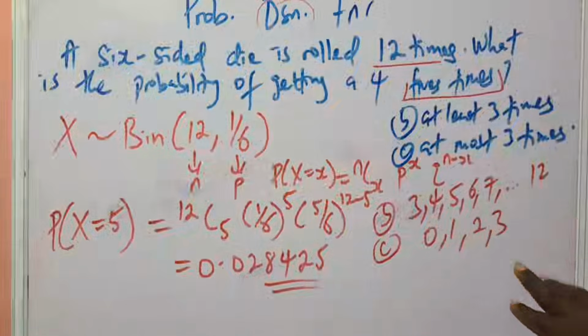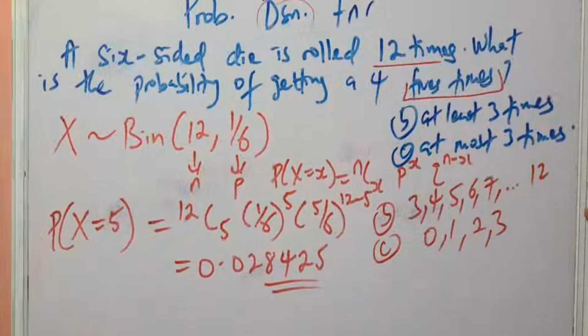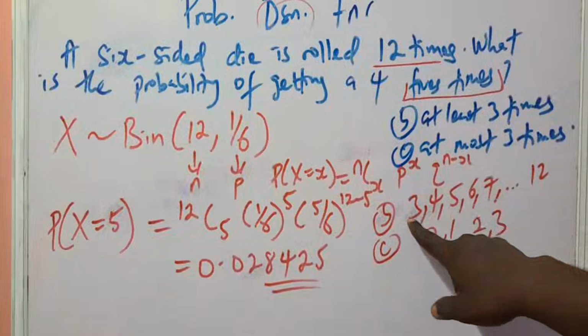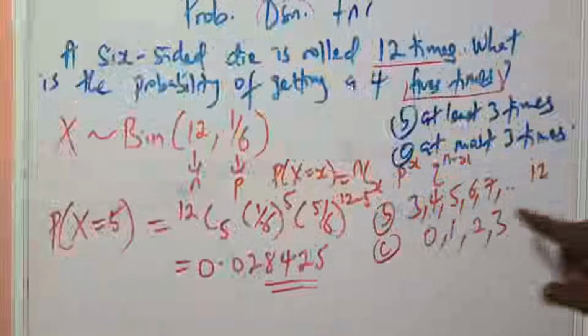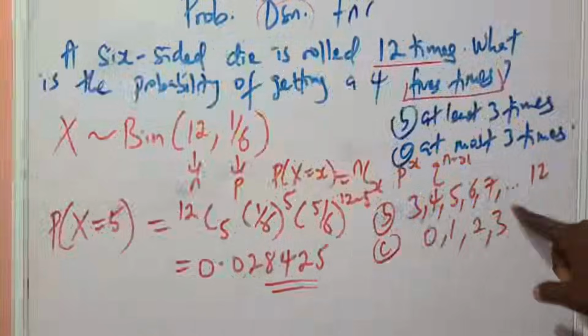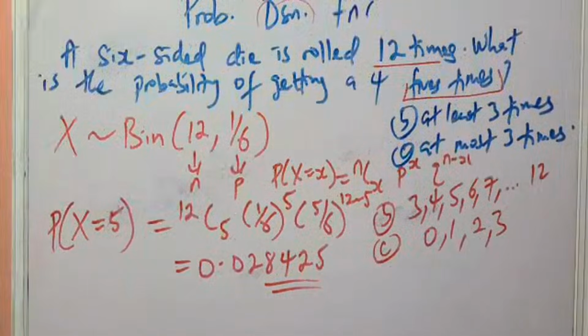and you don't know how to do it this way, you will go on to say you want to find the probability of when x was 3, when x was 4. Of course, you have to be adding all of them to 5, to 6, to 7, to 8, to 9, to 10, to 11, to 12. That's a whole lot. A simple way of answering question number B, instead of doing all this, would